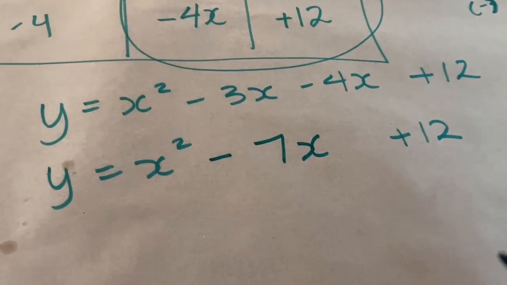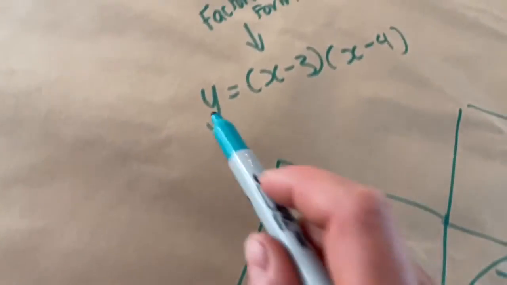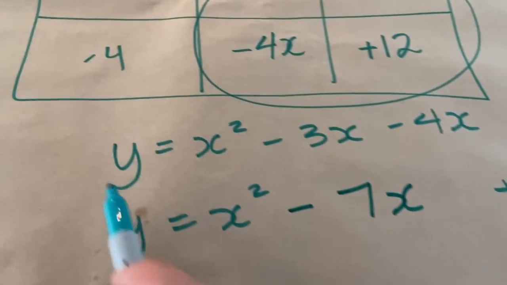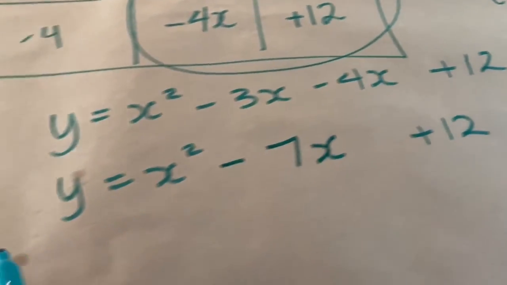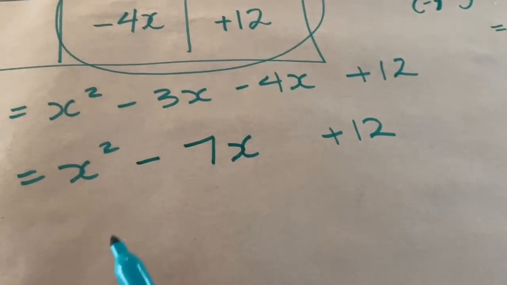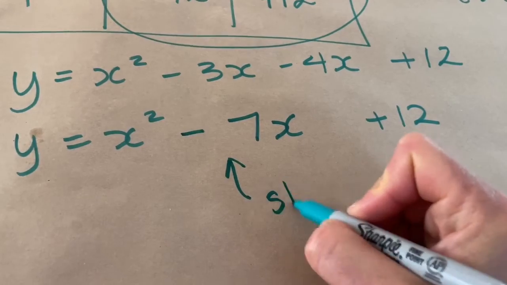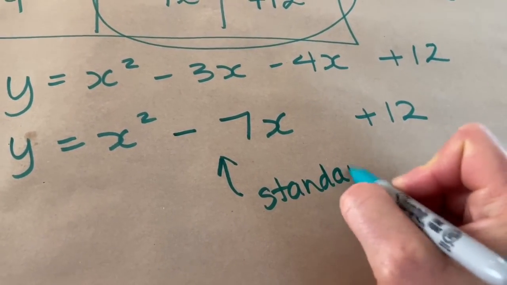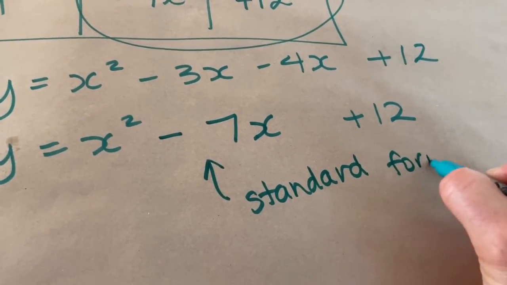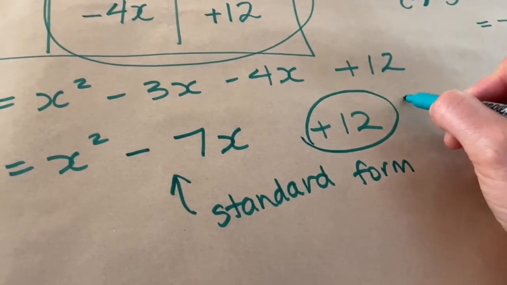So my answer right here is going to be negative 7x. Now, what you can do is go to Desmos. You can graph this equation, this equation, and this equation, and you'll have three equations, but on Desmos, you should only see one graph. And this last one right here is what we call standard form. The great thing about standard form is the number at the end, this plus 12, is going to be the